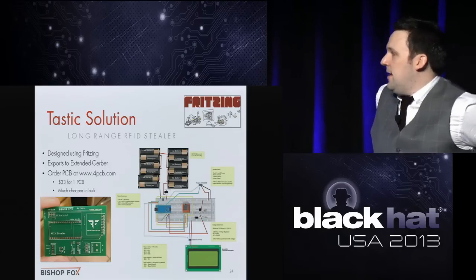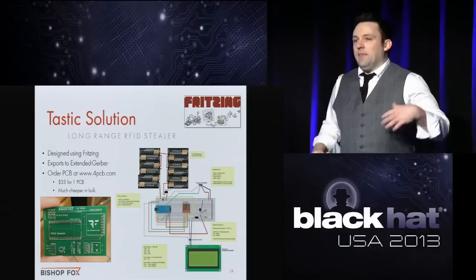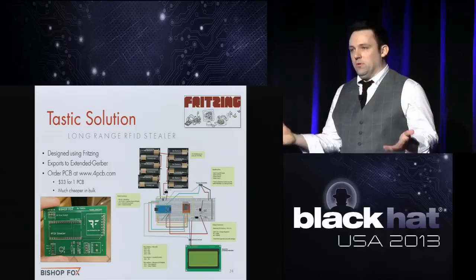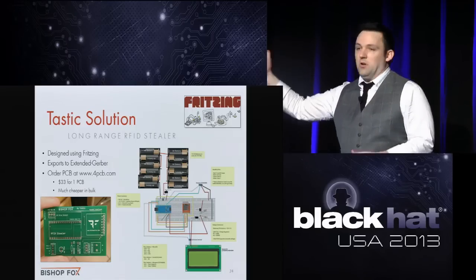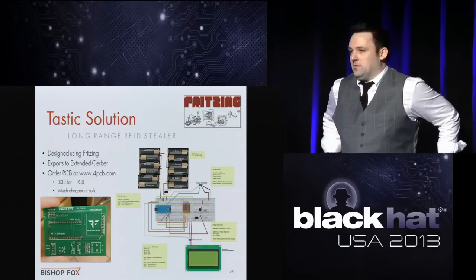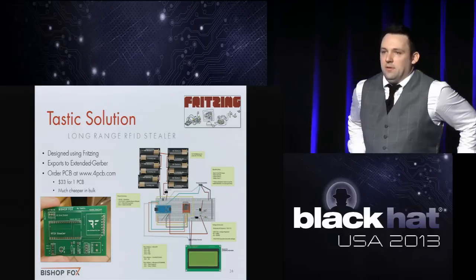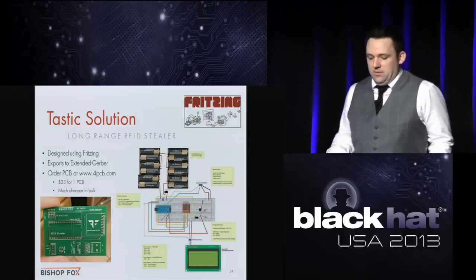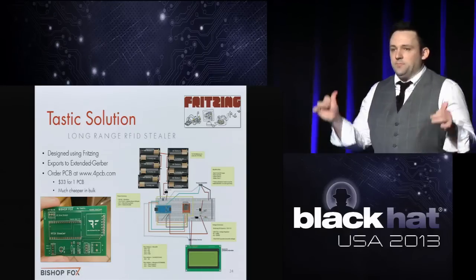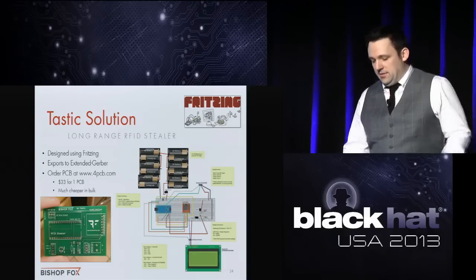I designed it in that, and you can export it to a file that you could send away to a company that prints circuit boards, and they will send you that circuit board. For this many that I got, if you get them in bulk, it's like $2 a card. If you get just one, it's about $30. And you can send it to anybody to print out. So you can now take this, take your one that I gave you, or go online and download this,